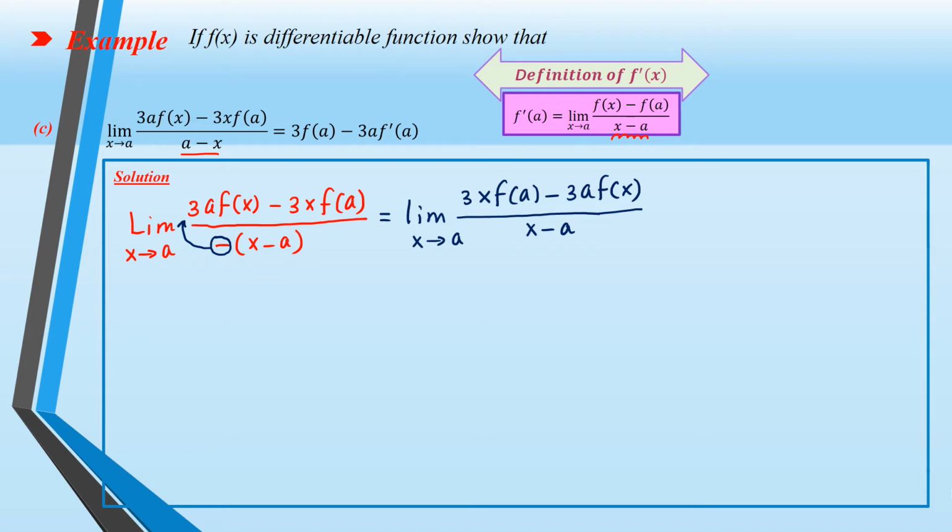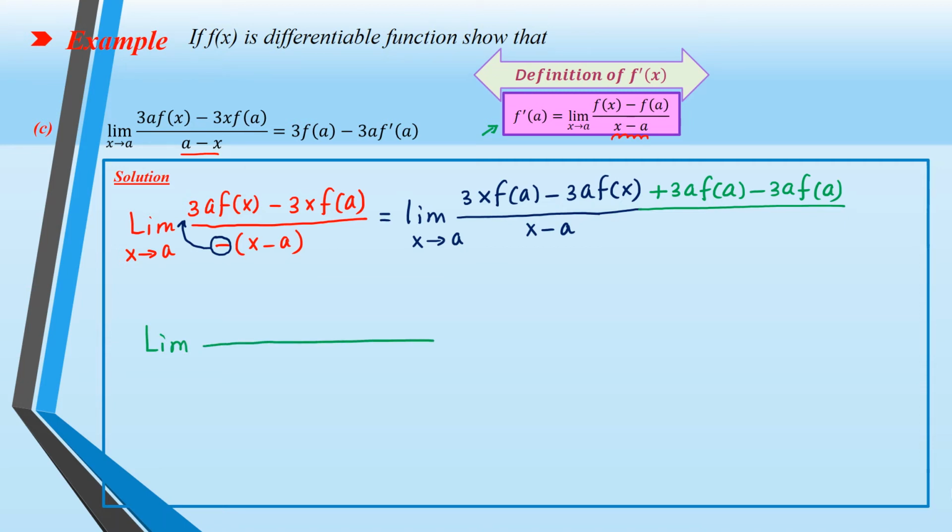Then you have to add and subtract a quantity, and the best quantity to add and subtract is 3a f of a. So you have to put 3a f of a minus 3a f of a. It's suitable to make it the definition of the derivative. So the limit will be,